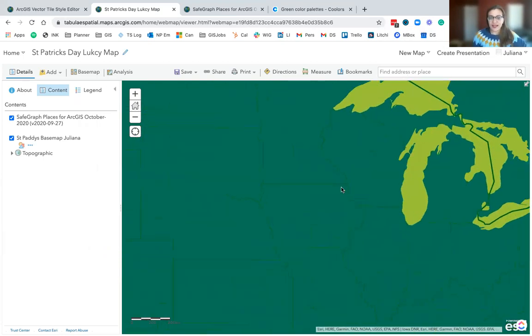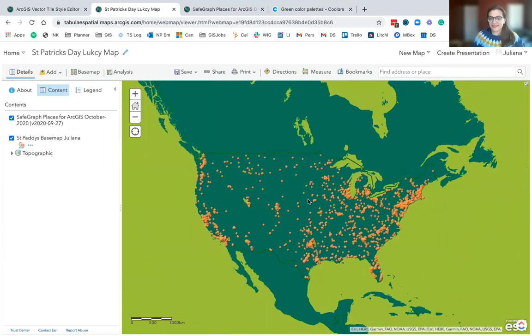So now what you have is a map of all the places in the United States that are lucky. So I hope that you have enjoyed this tutorial, that you have learned something from this,